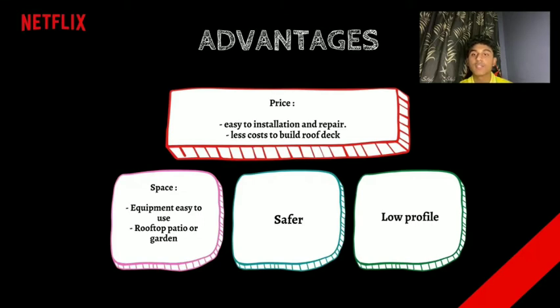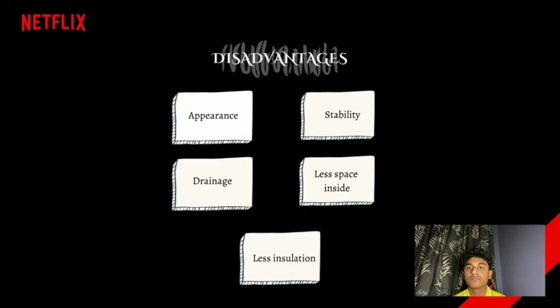The fourth one is safer. It's much safer and easier to walk on flat roofs since they are basically flat. Because sloped roofs are often at least 3/12 or 40 degrees, there's a greater risk of slipping and falling. All done with advantages. As we all know, everything has pros and cons, including timber flat roofs. So what are the cons, which are